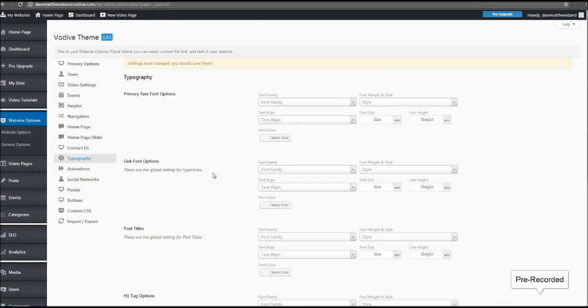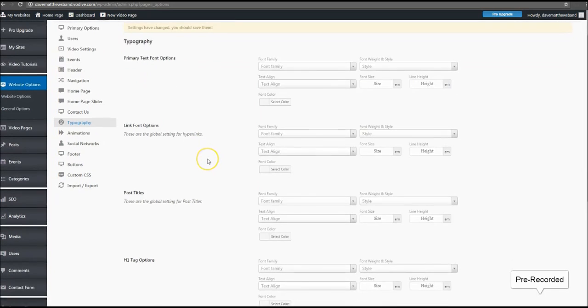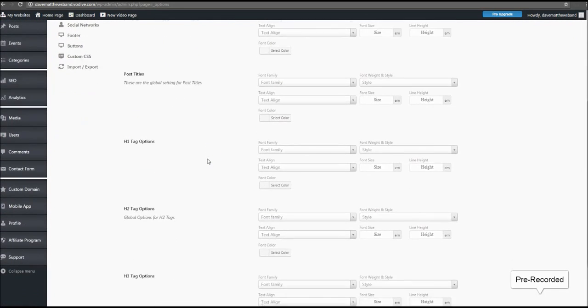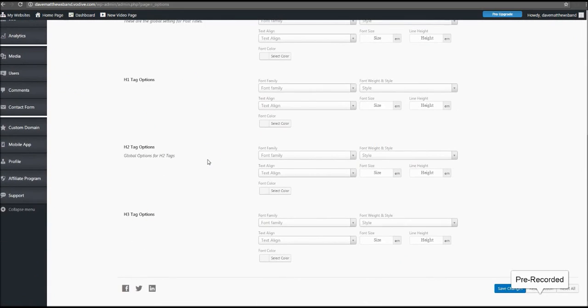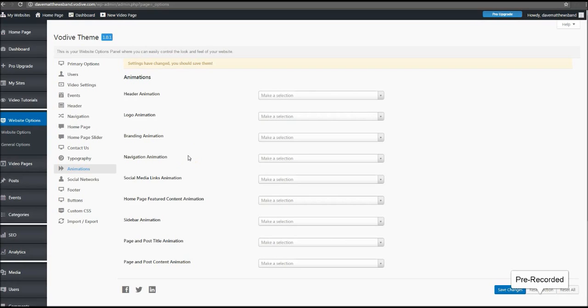The next tab is Global Font Options. So globally we can control our text with the first option on all pages. We can set the font family, the font size, the line height, and the color. We can do the same for all of the different text types on our website. The next tab we have is Animations. You can animate virtually every